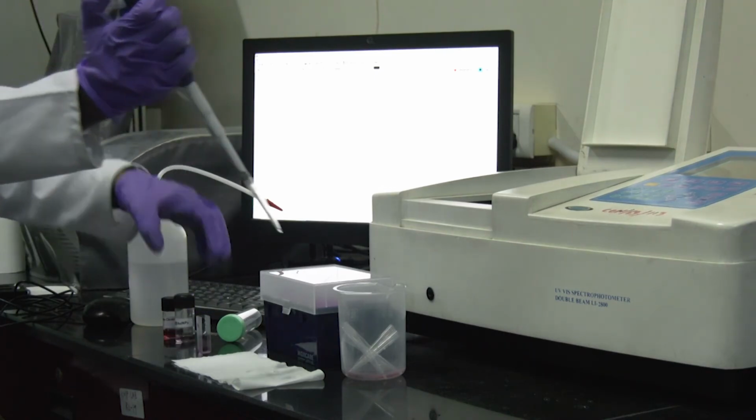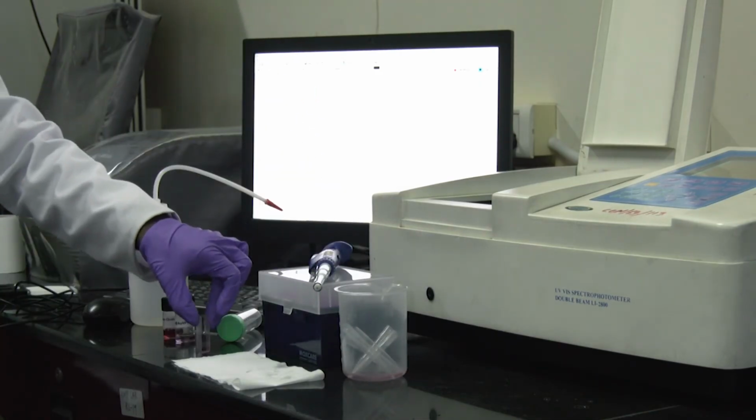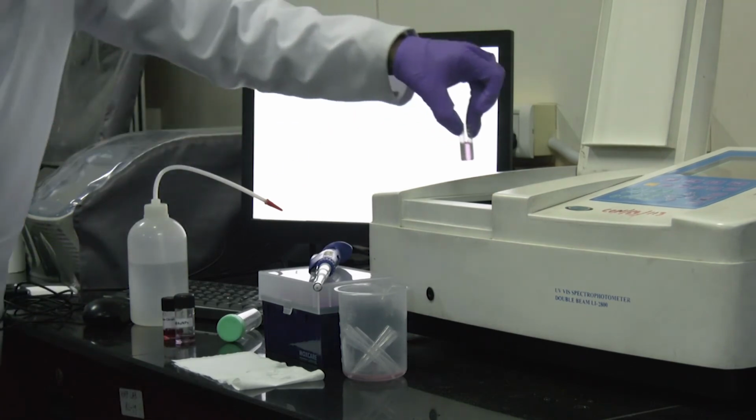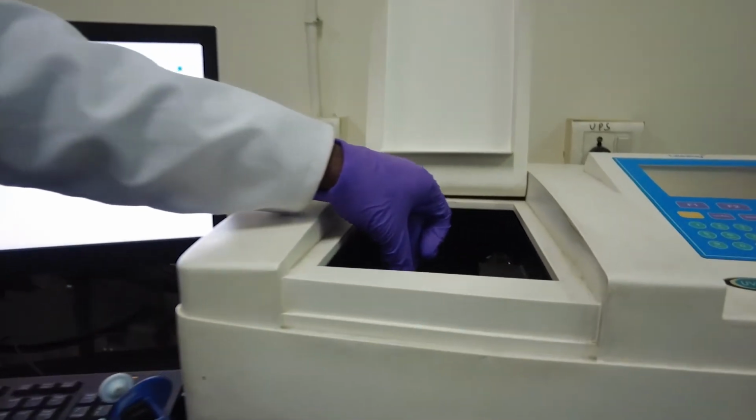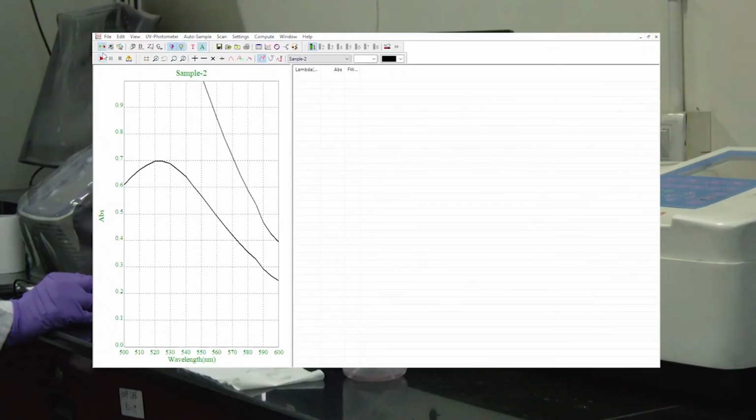Since the solvent is same for this sample also, we are not repeating the blank calibration. Place the cuvette in the machine and press start.